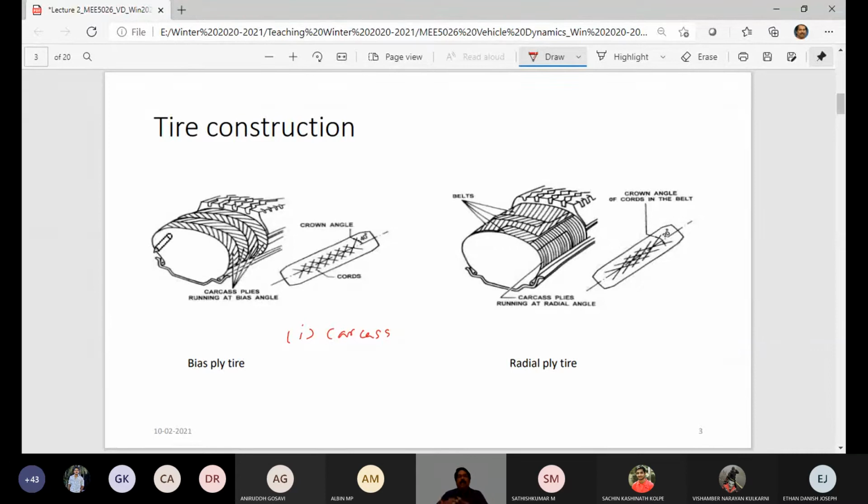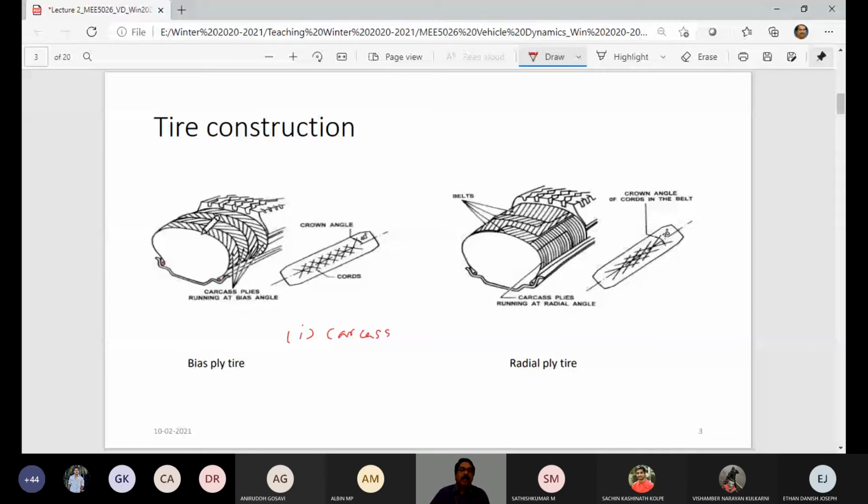So if you take a tire wheel assembly and you cut the tire and take a sector out of it, what you see is a section of the tire, and that is essentially called a carcass. And that carcass is made of a number of plies. So that's what the carcass plies are here, running at a biased angle. These plies are composed of a high modulus of elasticity reinforcement encased inside the low modulus of elasticity rubber material. So that is this carcass.